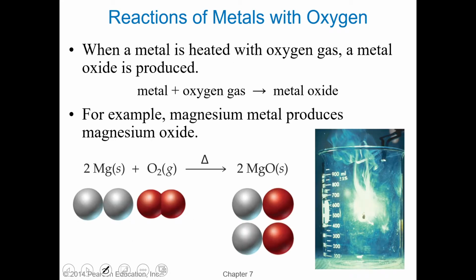So the first one is a metal with oxygen. The reaction is always the same. You have some single metal as a solid added to oxygen gas in the presence of heat, which will always give you the metal oxide. So if we had, for example, solid magnesium added to oxygen gas, remember oxygen gas is one of those 7